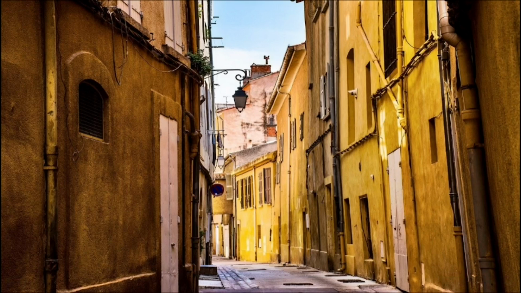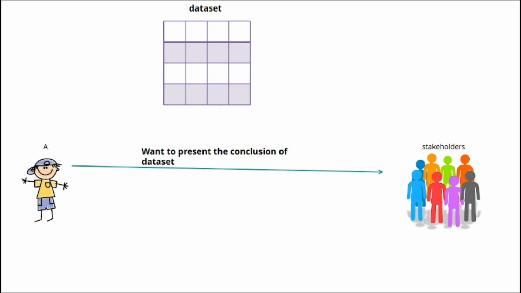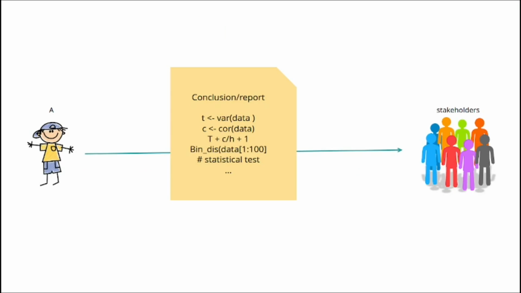Hi, today we will learn to set up R Markdown for doing a project. Suppose A wants to present some conclusion of a particular dataset in front of stakeholders. So he writes some R code, statistical formulas, and many other things, but what he wrote is not understandable by the stakeholder. So now he wants to search for some tools so that he can report in a better way,